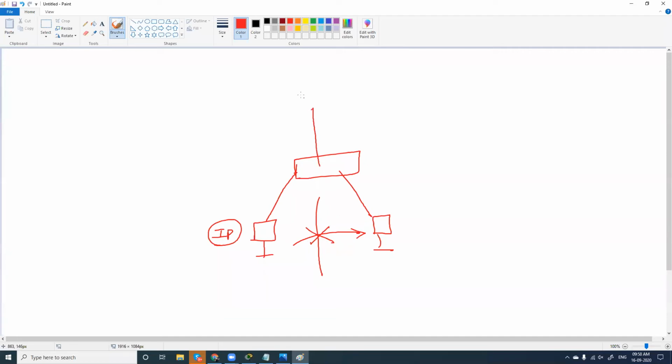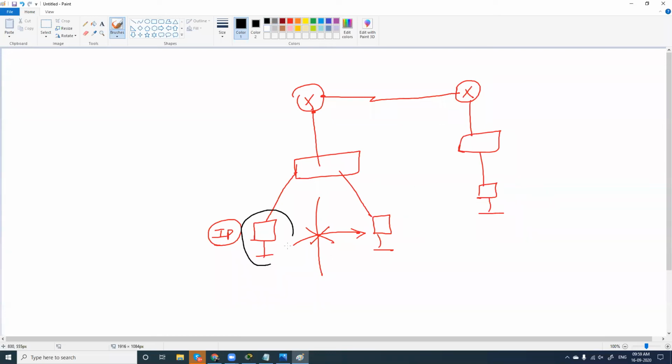Then we started with the router, right? We saw how to include a default gateway in your network, and how to ping, and how to configure a router, what rules we have. Then we came to the internet, how to interconnect 2 routers, or how to connect multiple routers in your network, and how to ping from one computer to another, right?